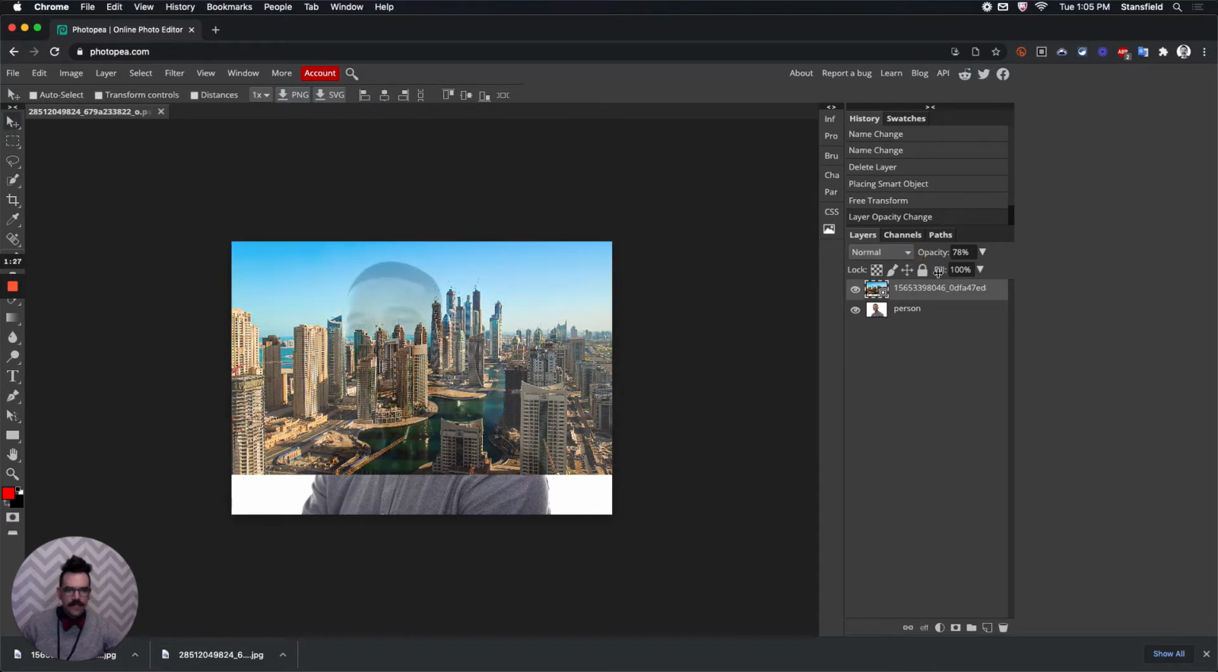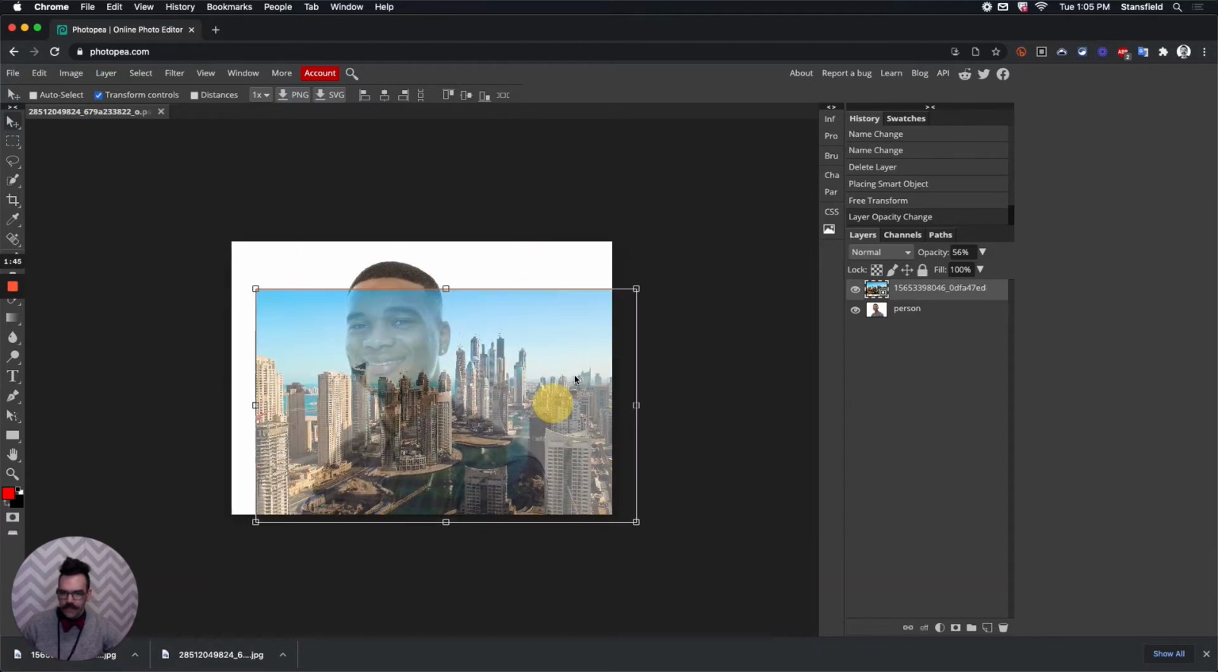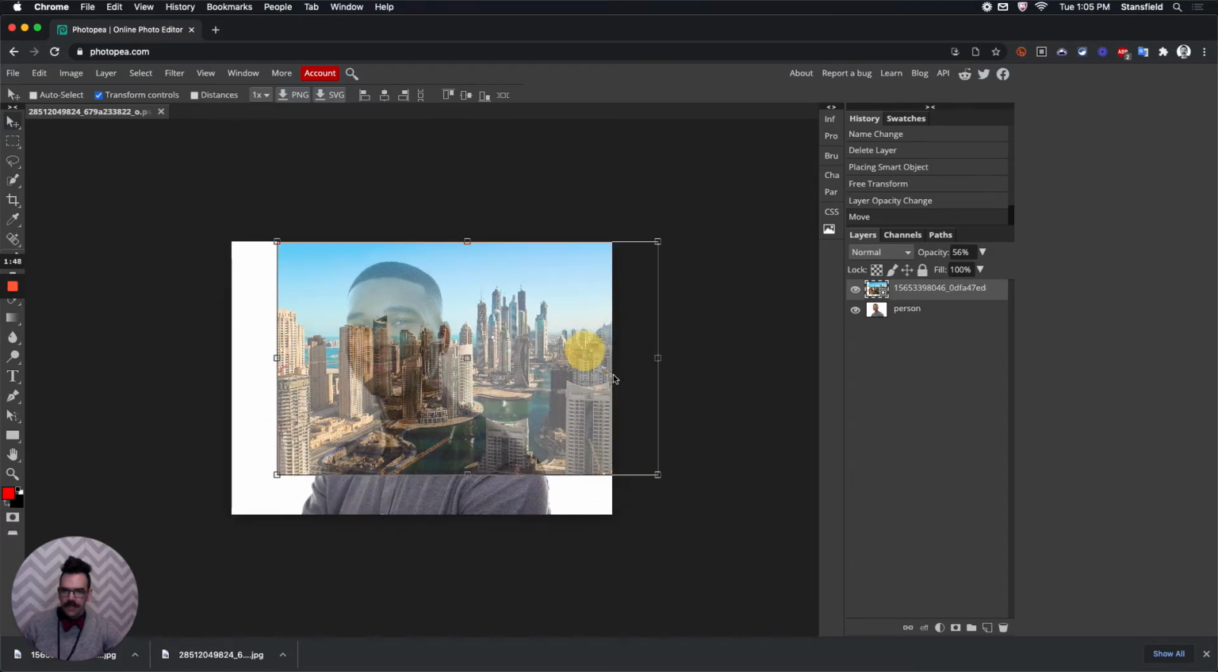So what I'm going to do is take this layer opacity over here in the layers palette. I'm just going to turn that opacity down a little bit so that we can see where the blending is going to happen. And then I'm going to select the move tool, and that's the tool up here on the upper left. And then I want to click over here and choose transform controls. I want to make sure that that's checked so that when I move this layer around,